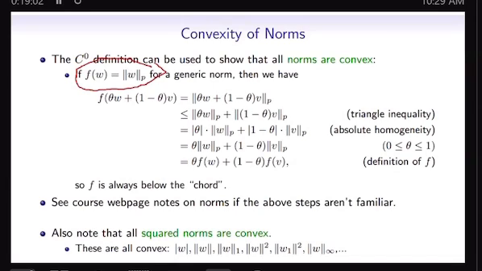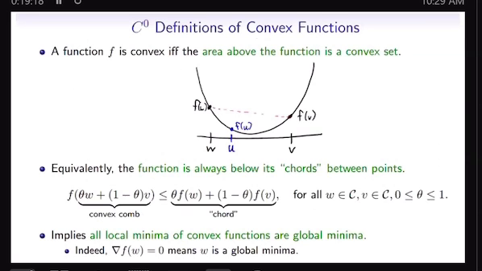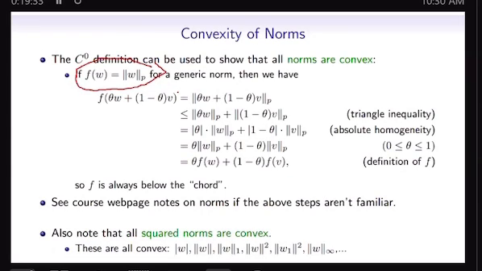Now this function is a function of W, but we want to take any two points, W and V, because in the definition, how many points do we normally consider? You see W and V, right? Two points to connect a line, right? Now we take W and V, which is what we're doing here. If you take a look at this guy now,